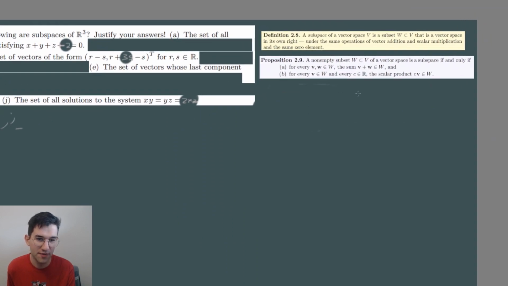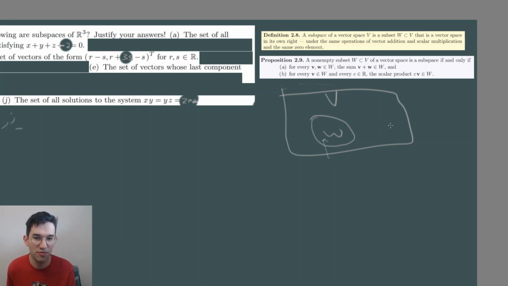A subspace of vector space V is a subset W. So we have a big old space V, and W is just a subset of V, if it is a vector space in its own right, which means that it's closed under vector addition, scalar multiplication, and includes the zero element. Okay? Because if V is a vector space and W forms its own vector space, that means that if you